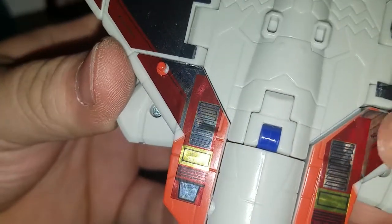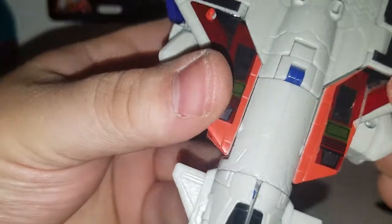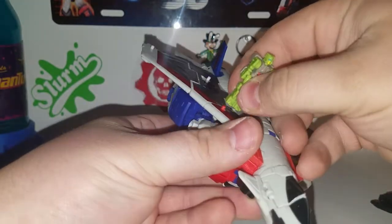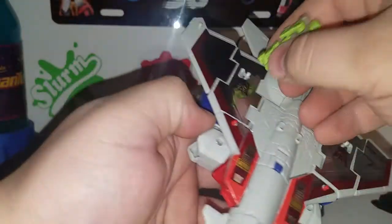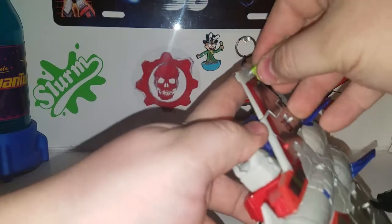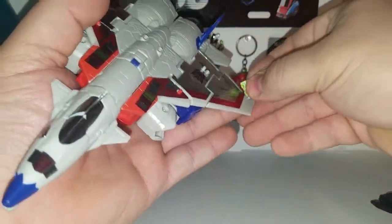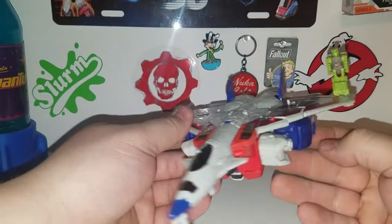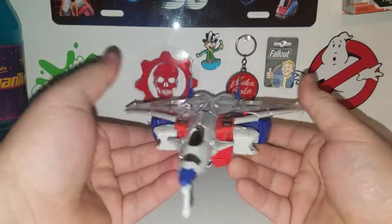You can see right here where the stickers are really not applied right. You can see it's crimping right there due to the transformations of Starscream. And you can see there's little Titan Master pegs, Prime Masters, so you can grab Hardhead and peg him up there. There's a couple pegs right here, right here. So lots of playability for Starscream here. So you get 1, 2, 3, 4, 5, 6 Titan Master pegs for Starscream. Titan Masters, Prime Masters, whatever you want to call them. But anywho,